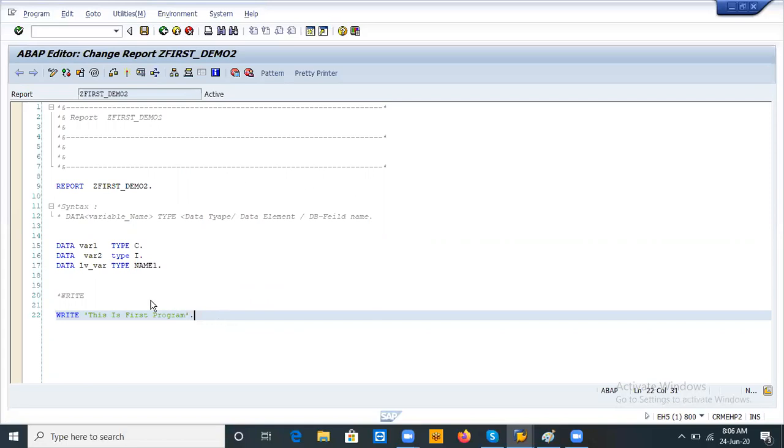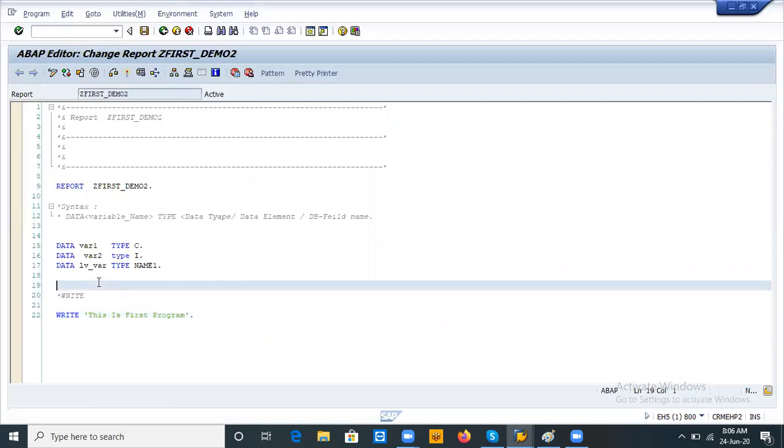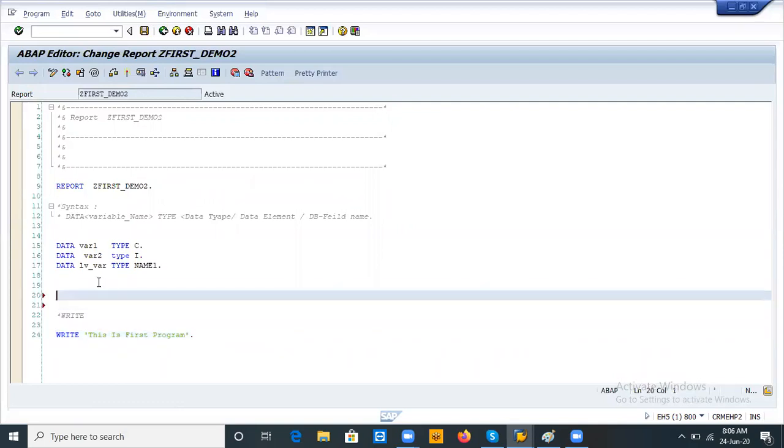So here variables we declared, but they are temporary and can hold a single value. How do we assign values to these variables? See, now I'm assigning.